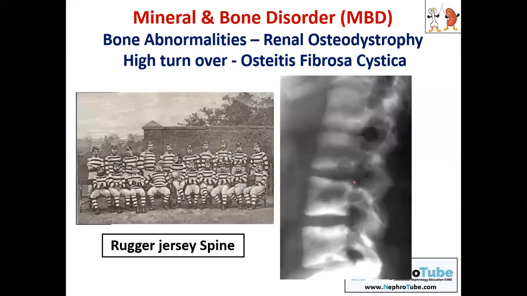And you may find in the spine the sign which is called the rugger jersey spine. White band followed by black band, white band followed by black band. Rugger jersey was an old football team. Their uniform was in the form of lines, white and black lines. Looks like this